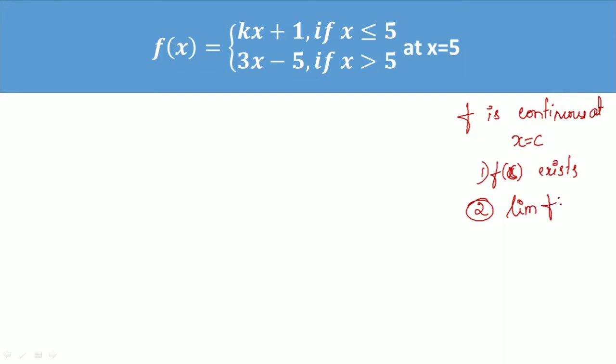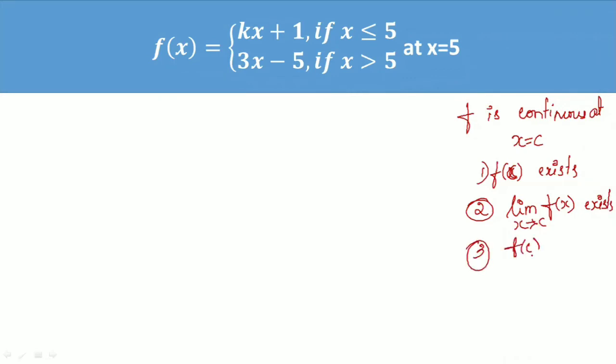Limit f of x as x tends to c. I already got the answer, Vinay. What is the answer, Vinay? It is 9 by 5. Okay, Vinay is giving me the answer as 9 by 5. Let me check the answer. Check the answer again, Vinay. Is it 9 by 5 or is something missing over there? Just check, both Dikshita and Vinay. Just check it again.